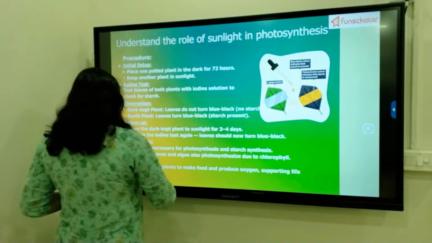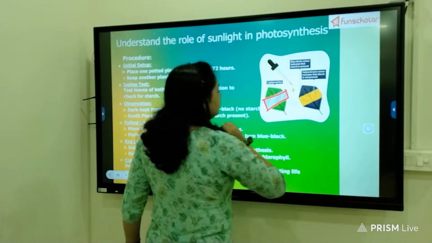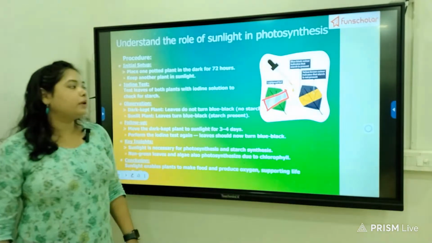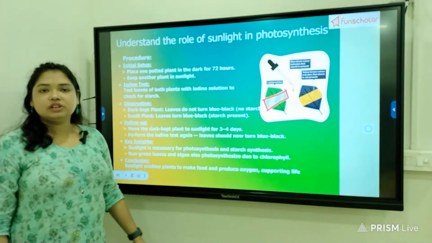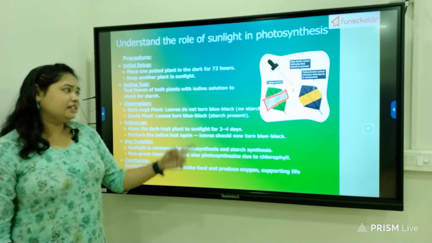You can see the region marked here, it won't be able to absorb sunlight. Okay, now you place that leaf out in the sunlight, and after a few days you pluck that leaf